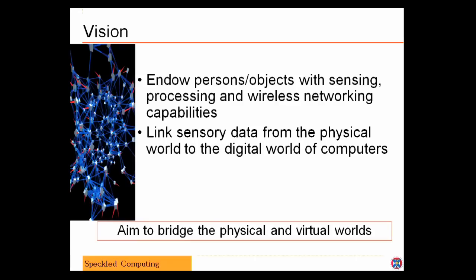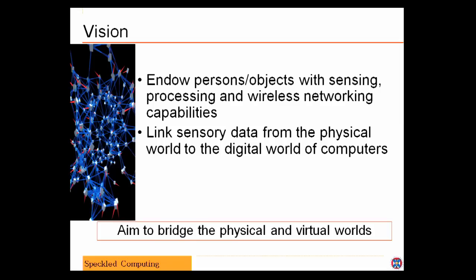And there have been a number of projects, and today, for instance, somebody referred to the disappearing computer, and that was one of the ideas which came out as a European project sort of 10 years ago, I think it was. So I'm more interested in this: how can we make these computers small enough and at the same time with sensors in them, which would be unobtrusive, would actually disappear into the environment, as it were. So the vision is, can we endow persons and objects with sensing, processing, and wireless networking capability?